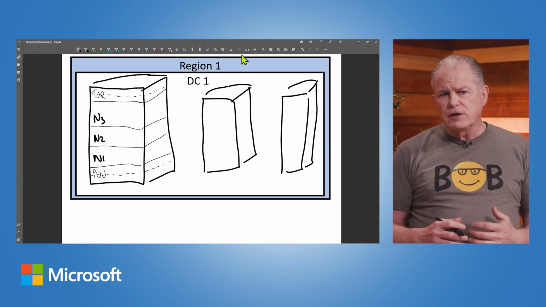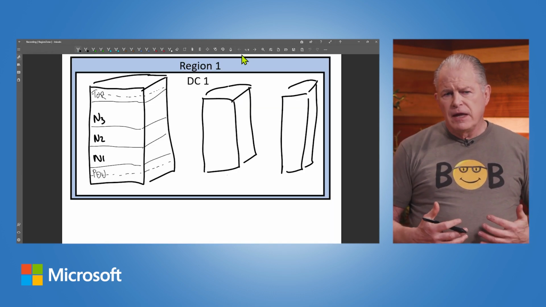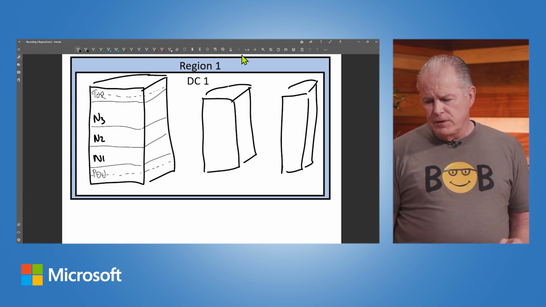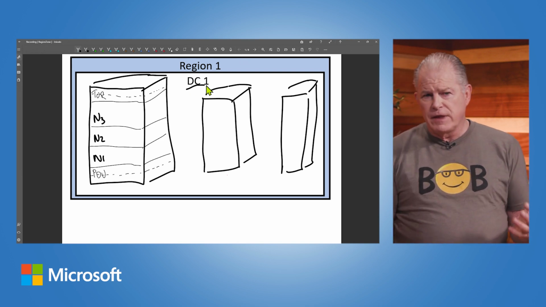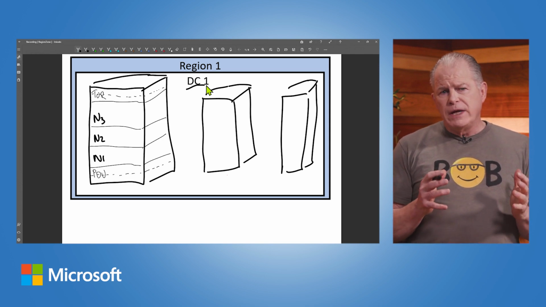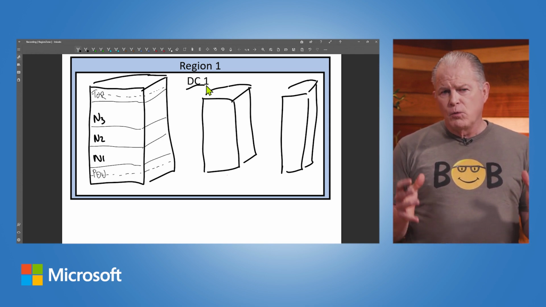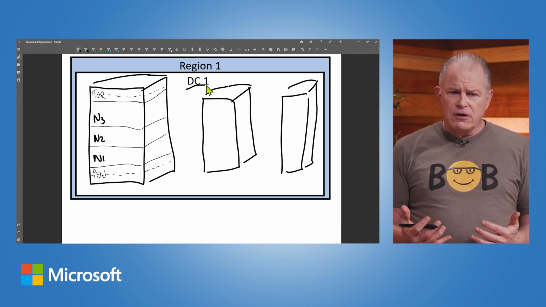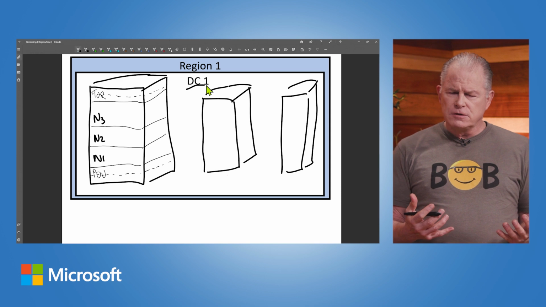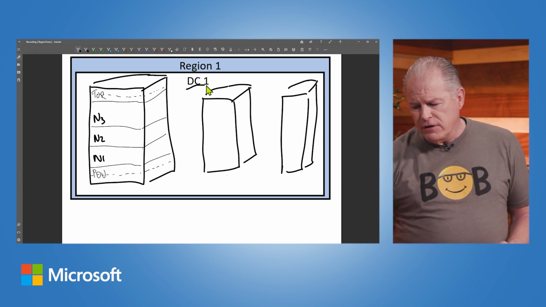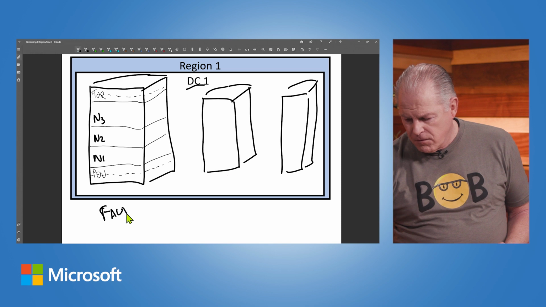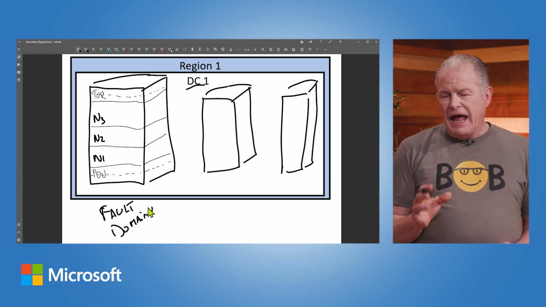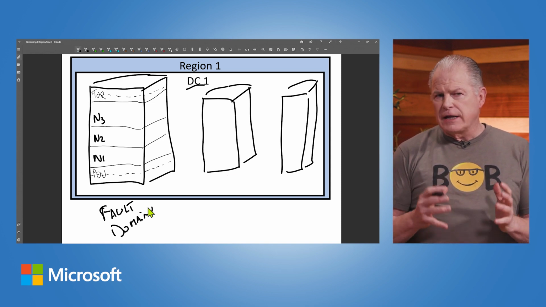So when we take a look at what is zone redundancy, inside of a data center, so what I'm showing you here is inside of data center number 1, whichever one that is. So think of that picture I just showed you. We get what are called fault domains within the data center. They're called scale units in our world. You're probably used to using the term called a rack. So every fault domain has a single point of failure, and we want to engineer around that.